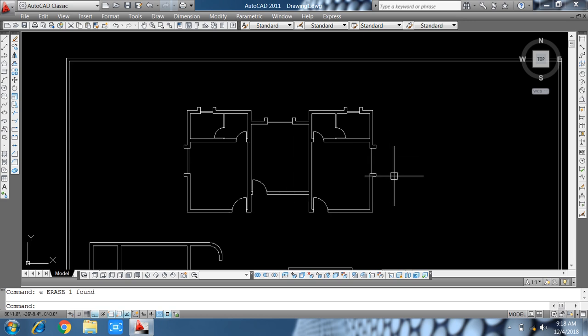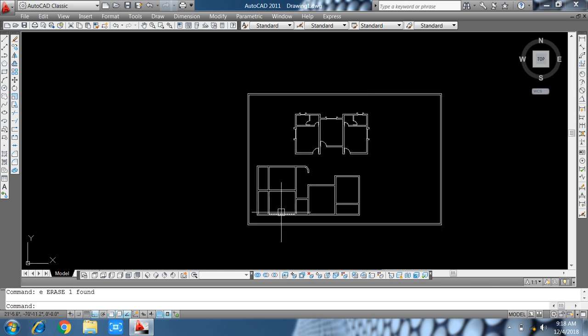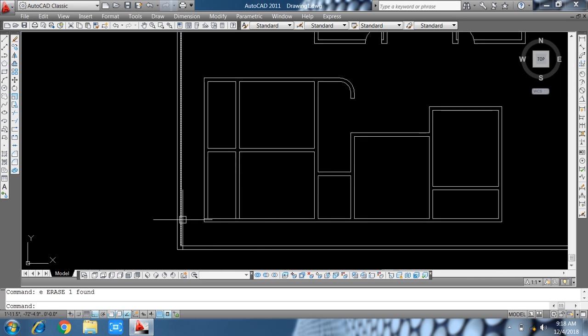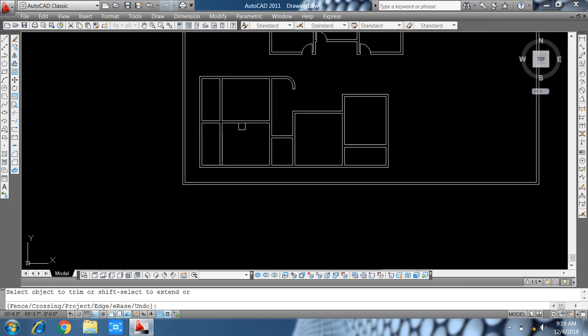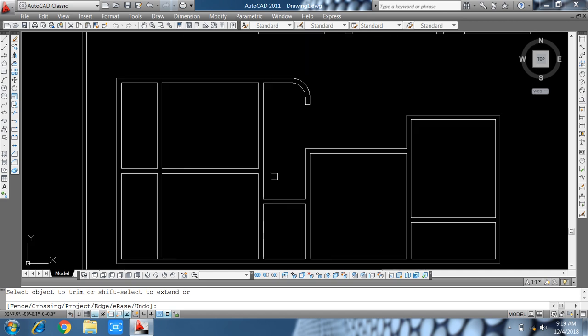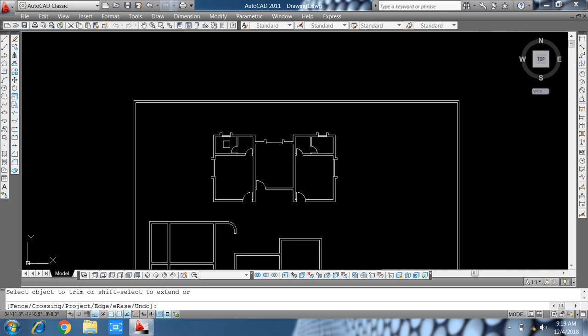You also learn this way. So I think I copy them and paste them here, the windows and doors. But for your practice, I make again.